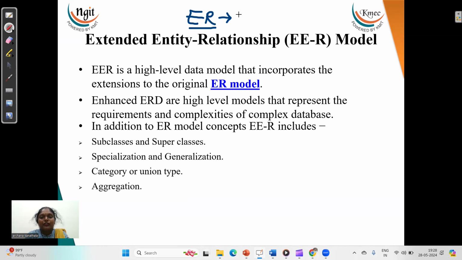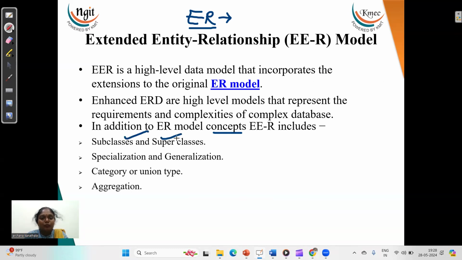When we want to utilize an existing entity model which is already available, instead of redesigning everything from scratch, we can simply acquire the qualities or features from the existing model. That sort of thing can also be modeled in this extended entity relationship model. All the complex designing of database systems is very easily developed using the extended entity relationship model. Now, let us look at this enhanced entity relationship model with the help of a few concepts. They are subclass and superclass.